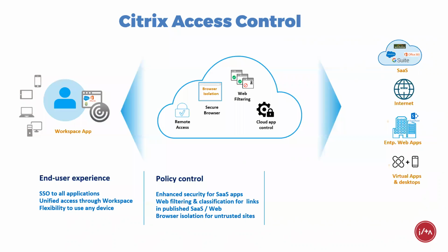All right, so you don't have to manage things out at Salesforce or whatever you're using. You can manage it through Citrix and provide that additional security. As part of the solution, since we're looking at where people are going, we roll in web filtering and classification. Okay, so whether we start with whitelist, blacklist, and then the other things that we can offer, again, that aren't